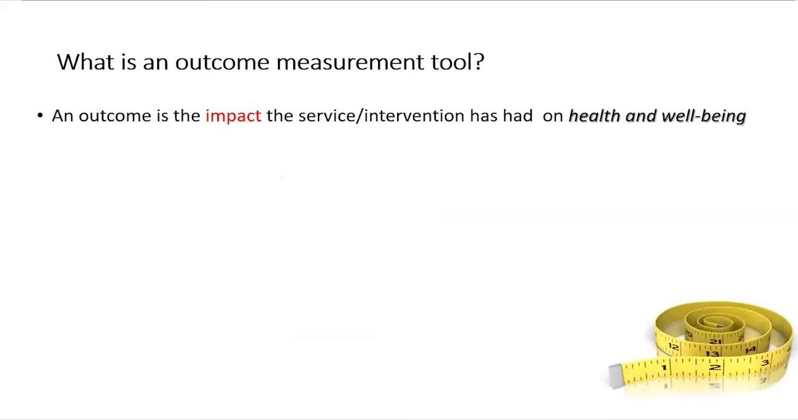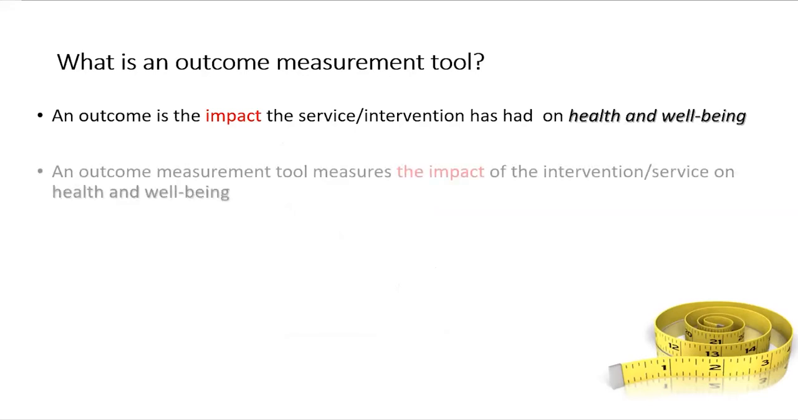First of all, what is an outcome measurement tool? Okay, so first of all, an outcome is the impact the service intervention has on health and well-being. So that's what an outcome is. We're looking at the impact that that service, that intervention has on health and well-being. So therefore, it makes sense that an outcome measurement tool measures the impact of that intervention service on health and